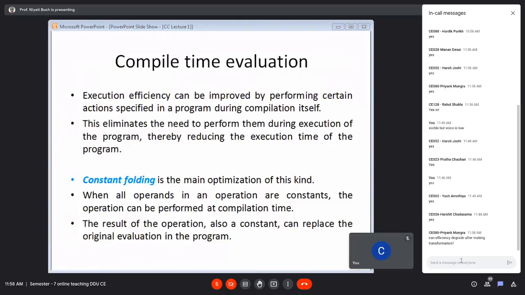Yes, Priyank, it may happen sometimes that the effort you put in to make all these transformations also requires some steps to be followed. We are applying the transformation, so it may not be cost effective. I'm not saying that the program may end up performing badly, but when you add up the cost, the total, the whole big picture, we may not end up getting the desired benefit. That's the thing.